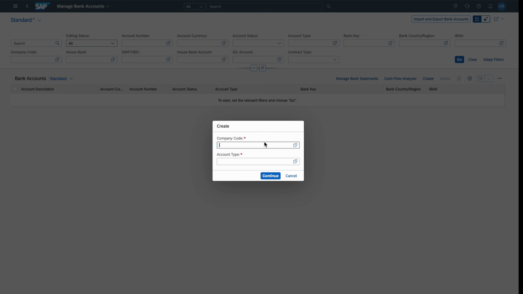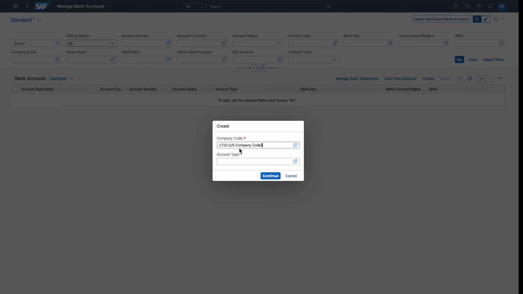Click on Create. Here you need to give the company code. Okay, you need to notice these points, very important. So under which particular company code we are going to create the bank account. Okay, so here I'm going to create under 1710.